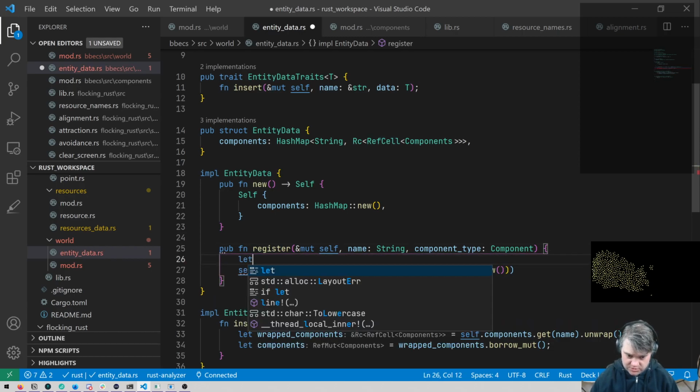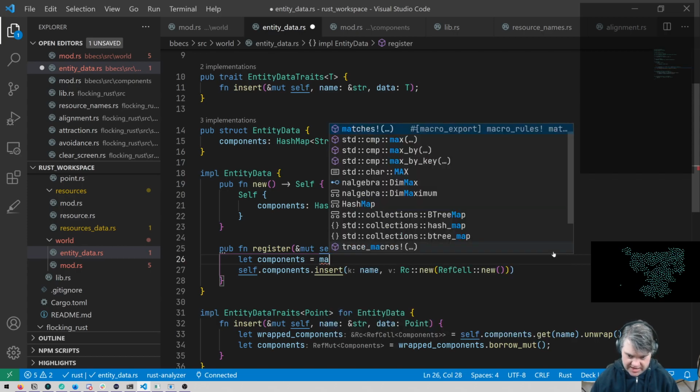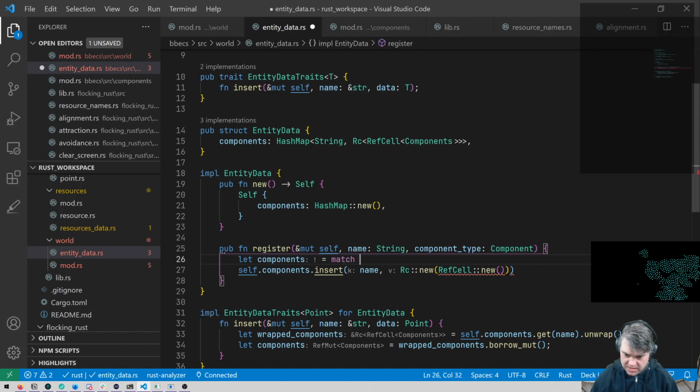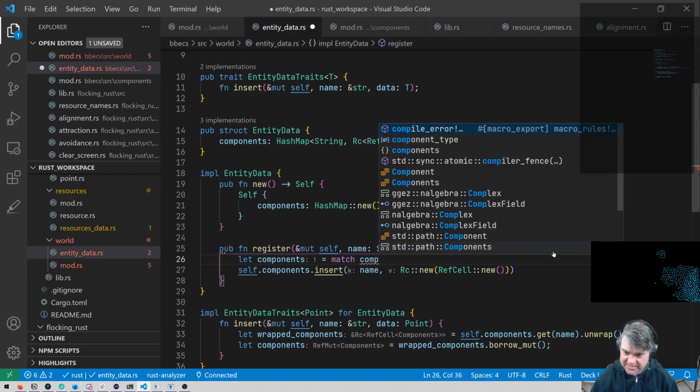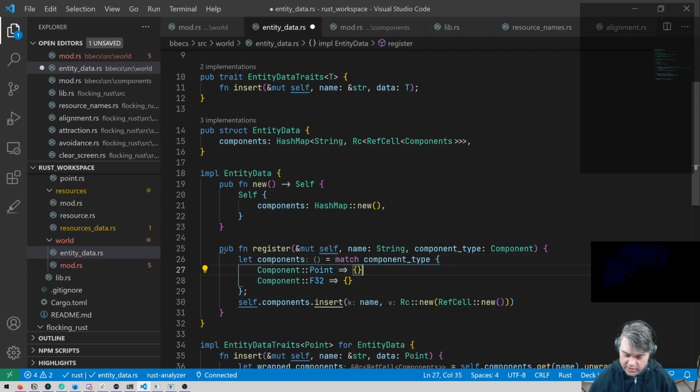So we'll do let components equals, we're going to have to match on component type. If we're a point, then we want to return